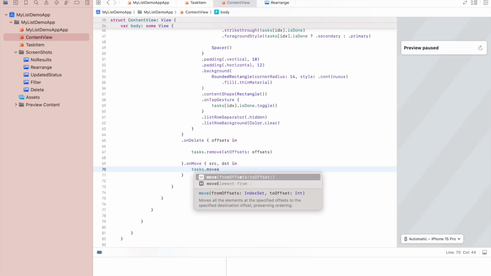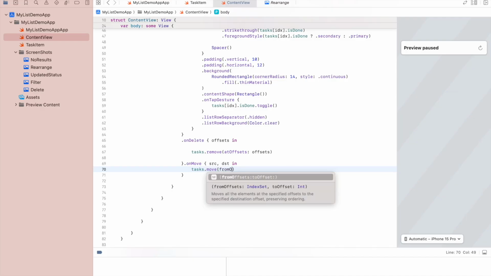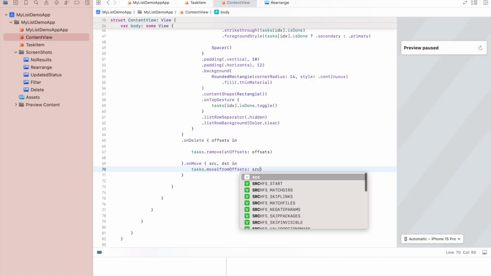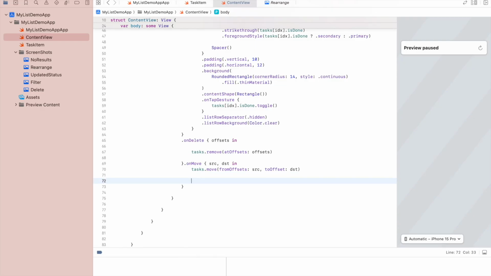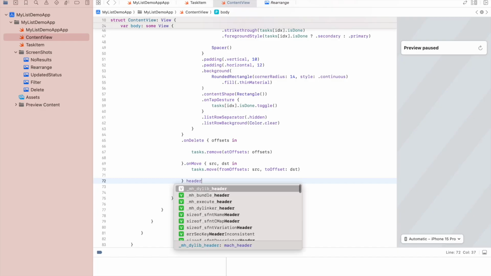Task.move from offsets. So that's the source that we're moving, and we're moving the source to the following destination, which is dst. And also we need to define a header